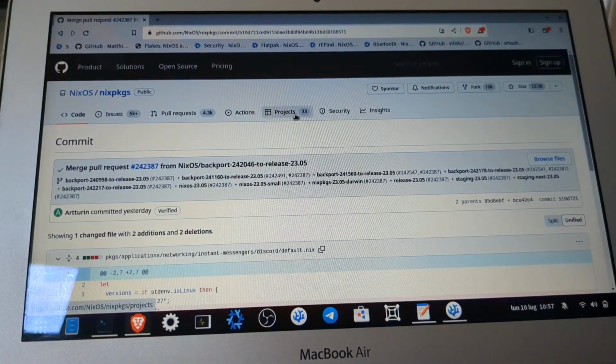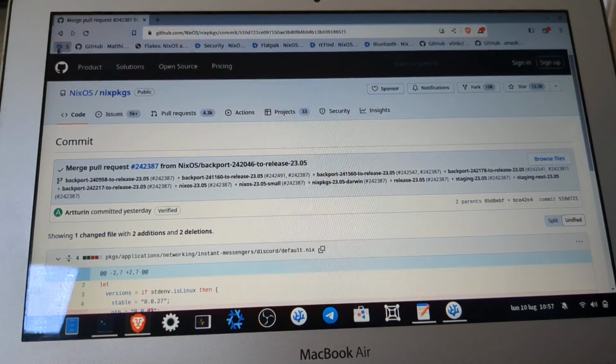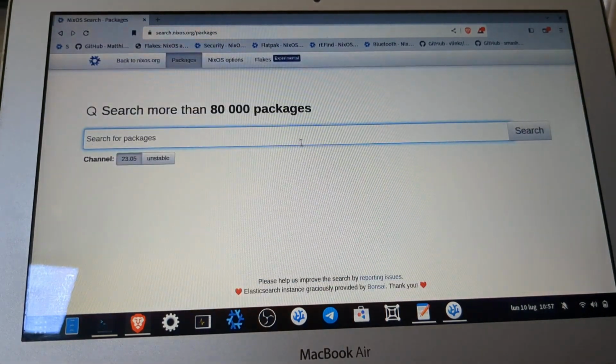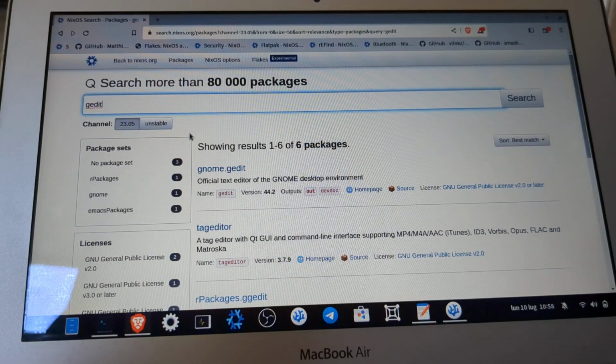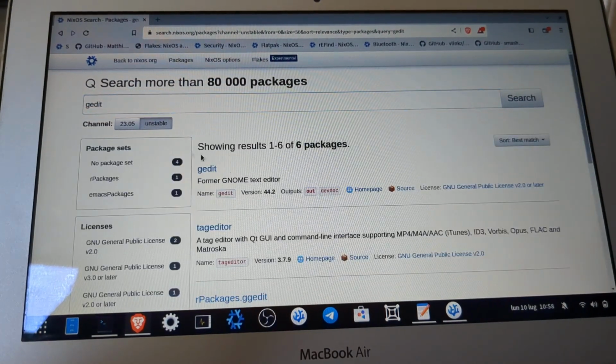Other interesting things: if you want to install new software, you can choose here whether you want to search for the unstable or stable version. So this is gedit, point release and unstable release. In this case, the version is the same.